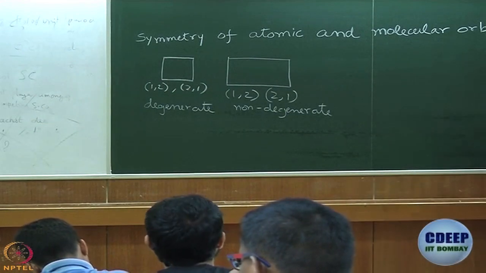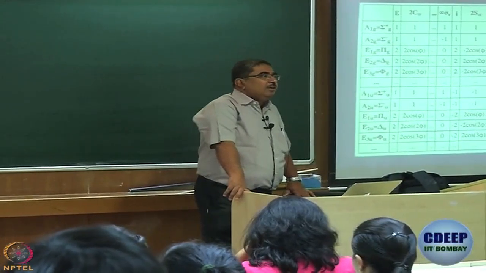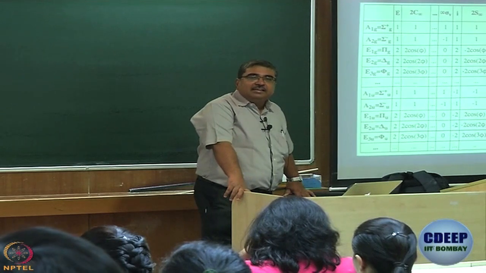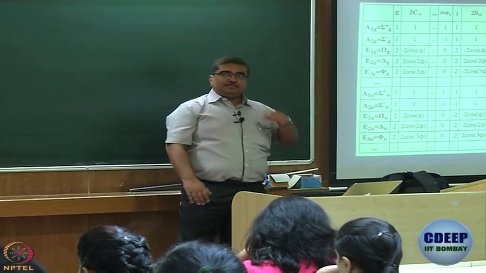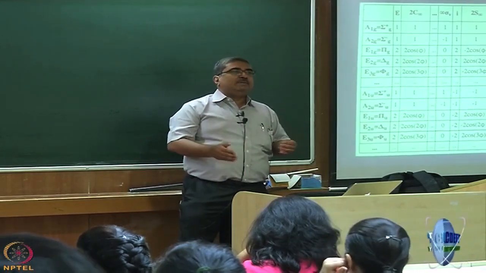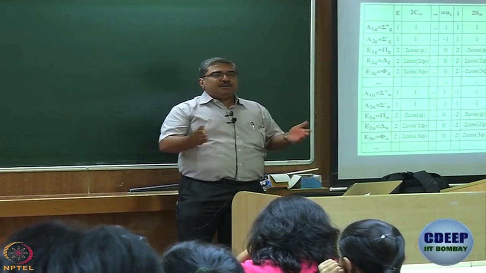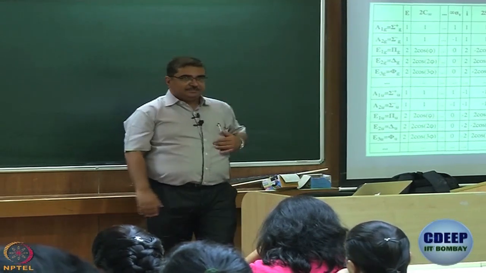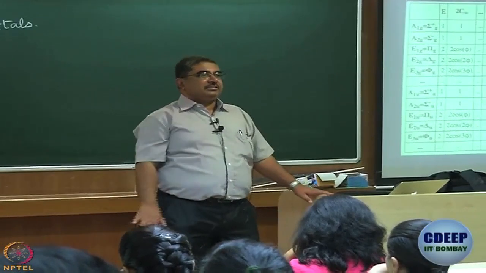So, we build upon that concept, and now that we know about character tables and now that we know about irreducible representations, we can do a little more detailed discussion of this phenomenon that symmetry and degeneracy go hand in hand. So, the reason why we do this is that it helps us simplify the actual quantum mechanical problem if you think of symmetry. A lot of terms become 0 and all, so we can handle it a little easier.